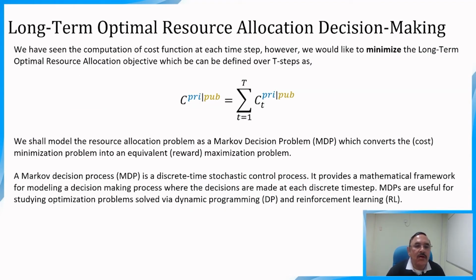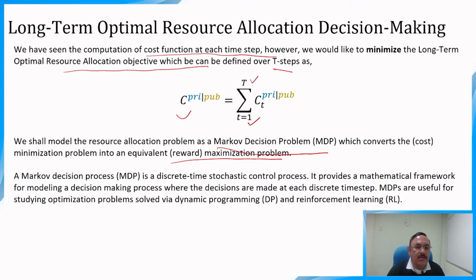Now, for long term optimal resource allocation decision making, we have seen the computation of the cost function at each step. However, we would like to minimize the long term optimal resource allocation objective over T steps. So here t is equal to 1 to T steps, and this is the cost of private and public. So, we shall model the resource allocation problem as a Markov decision problem, which converts the cost minimization problem into an equivalent reward